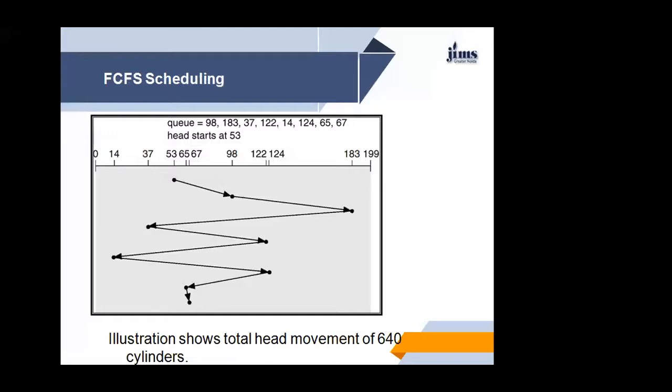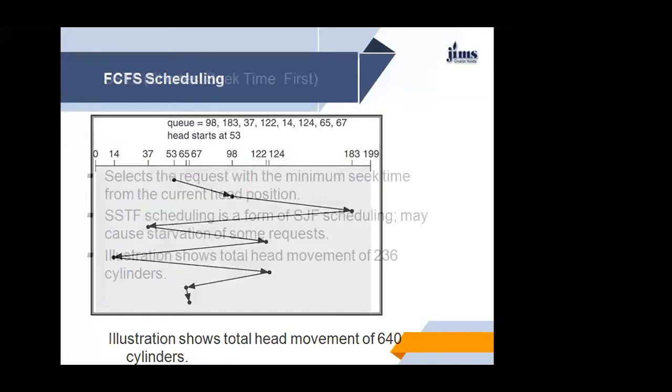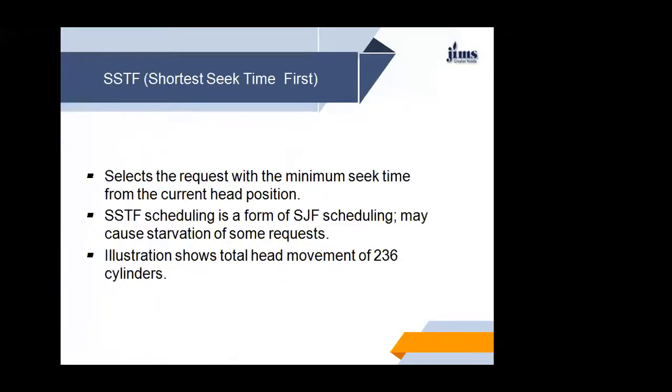This is the drawback of first come first serve scheduling, that as you can see, it is moving from 37 to 122 and 122 to 14 and again 14 to 124. If we are able to manage this, the head movement can be substantially minimized. Now the next scheduling algorithm is